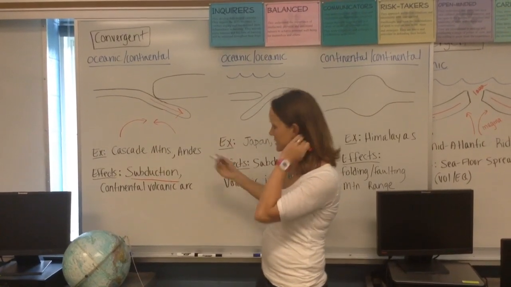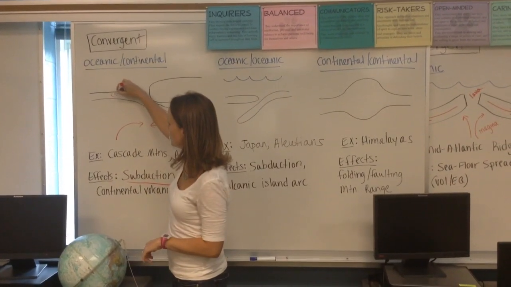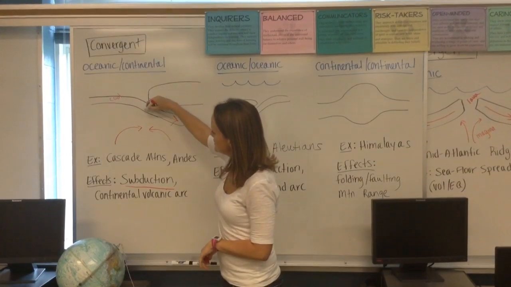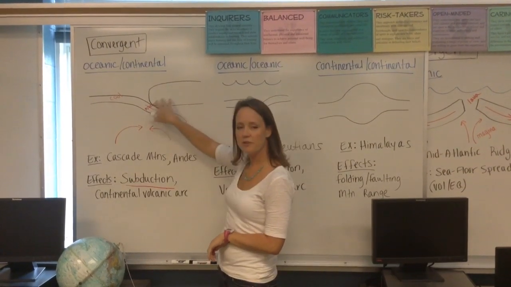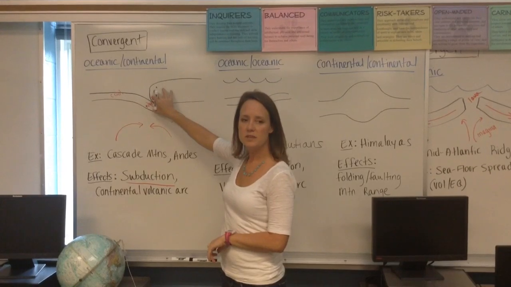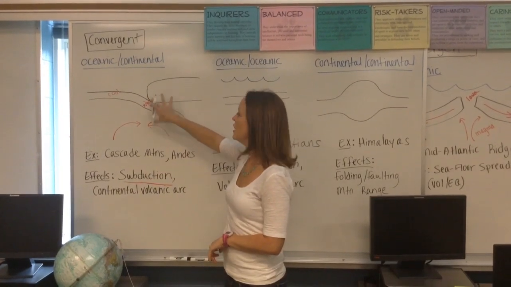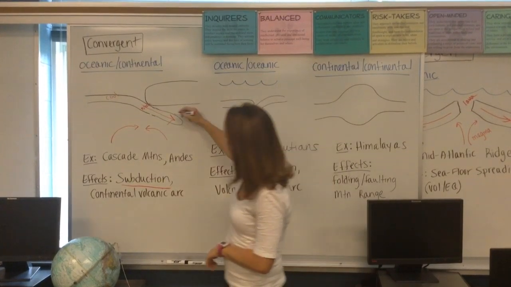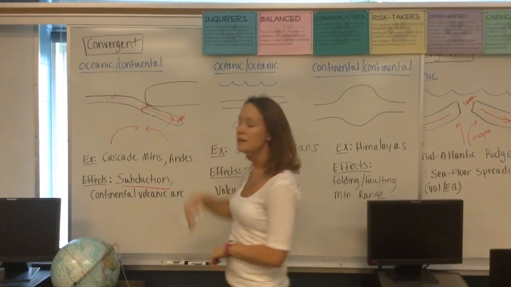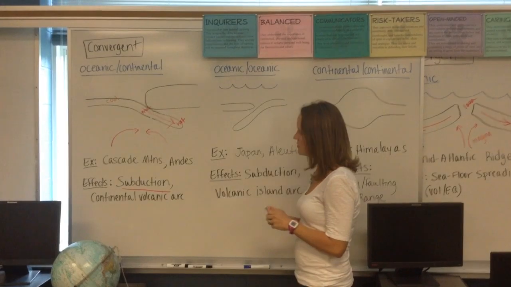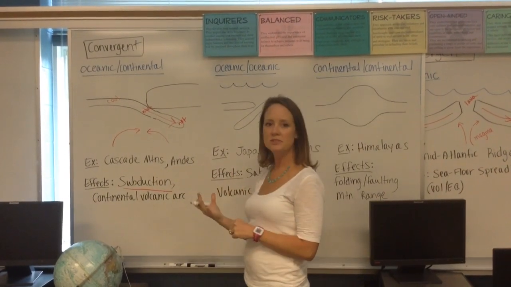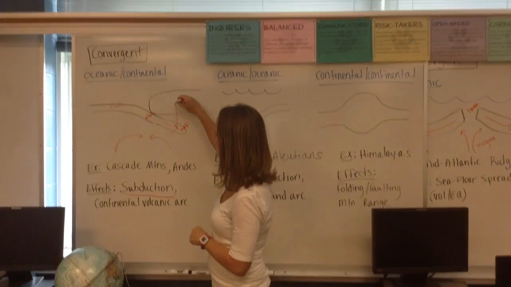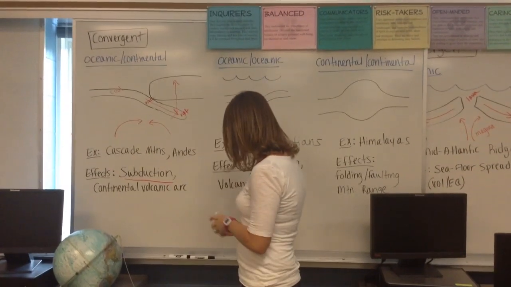Now, when that happens, this part of the crust is cool. This part of the crust is warm because you've got the friction of these rocks rubbing against each other. Also, you've got some dissolved gases that actually lower the melting point. So these rocks down here are actually pretty hot. So what that does is it melts the rock. Well, melted rock is less dense, so it's going to start to rise. When it does,